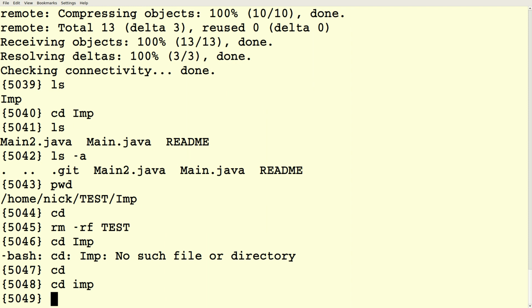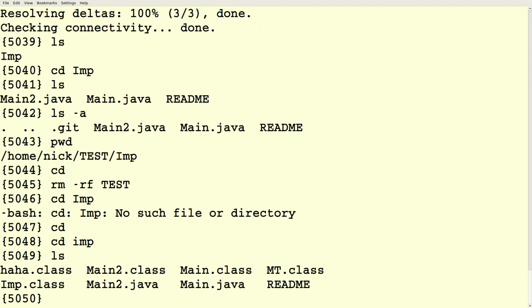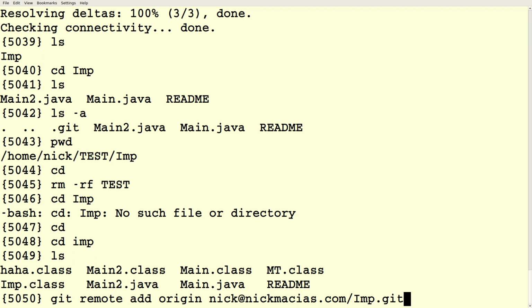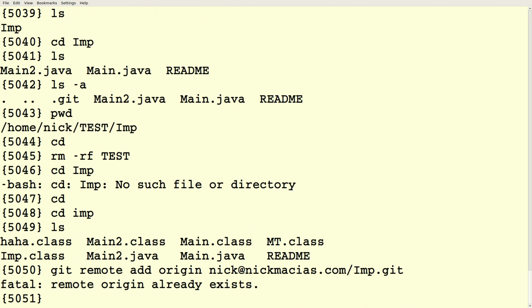You come back in a few weeks and you forget that you already started this project, right? So you go into this directory and you've got some stuff here and you say git remote add origin. And you get the dreaded message, remote origin already exists, right? Okay, this is telling you